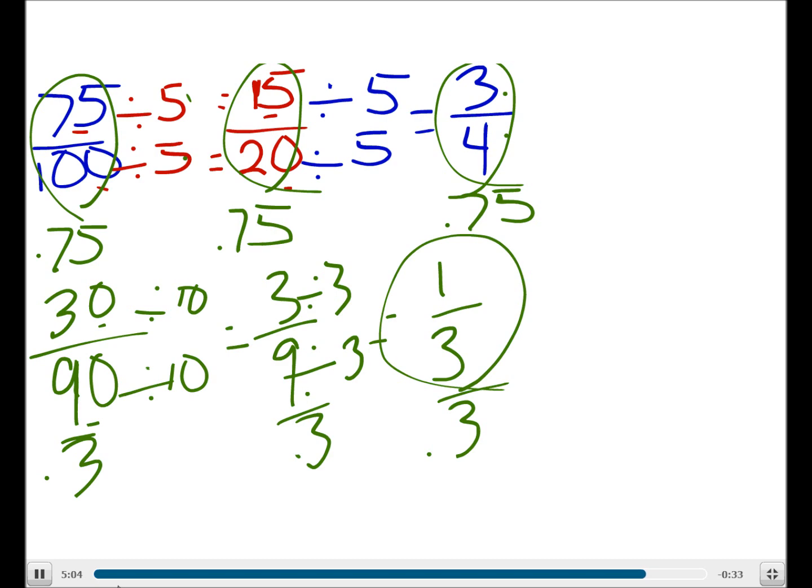But I want you to try this one. 63 over 99. What I'd like is just giving you a hint. Look at the end, 3 and 9. Those both will have something in common. You can divide both of them by a certain number, and you can start with that. But otherwise, ladies and gentlemen, do that, reduce it to its smallest amount, and bring that to class on the